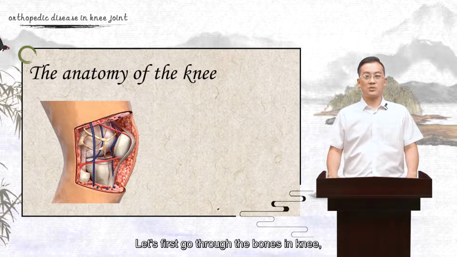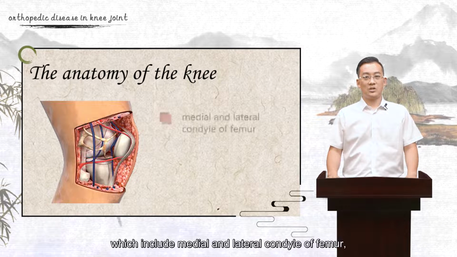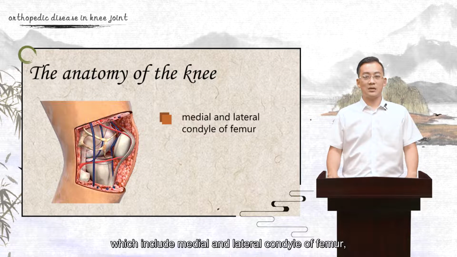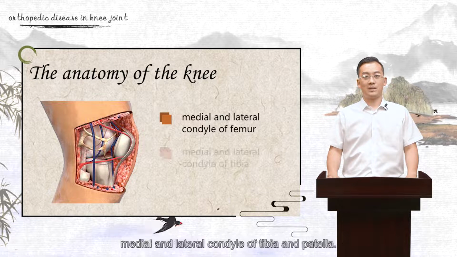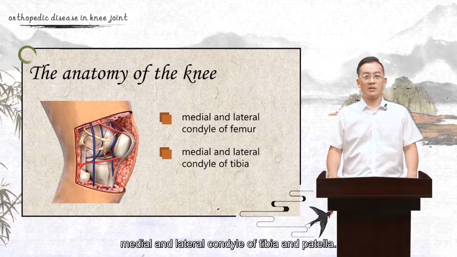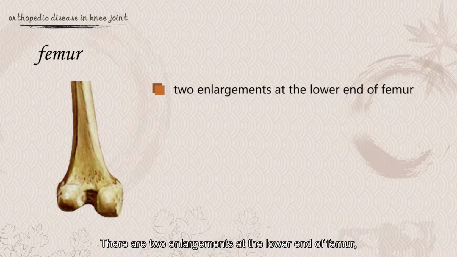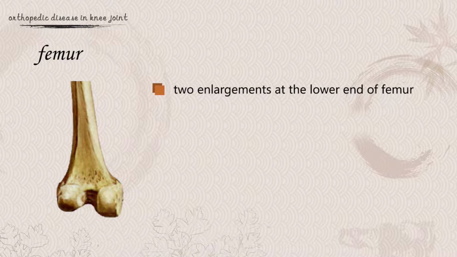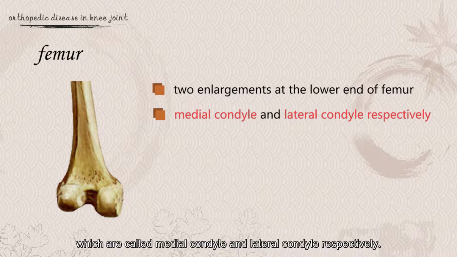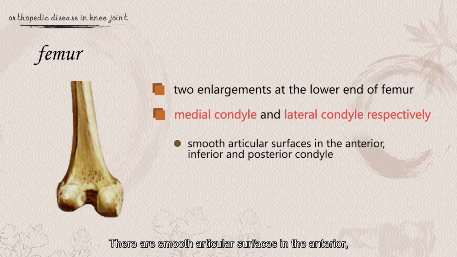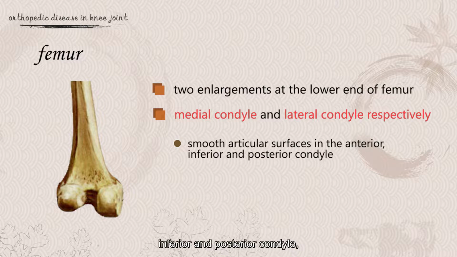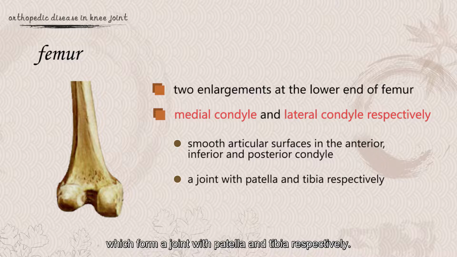Let's first go through the bones in knee, which include medial and lateral condyle of femur, medial and lateral condyle of tibia and patella. There are two enlargements at the lower end of femur, which are called medial condyle and lateral condyle respectively. There are smooth articular surfaces in the anterior, inferior, and posterior condyle, which form a joint with